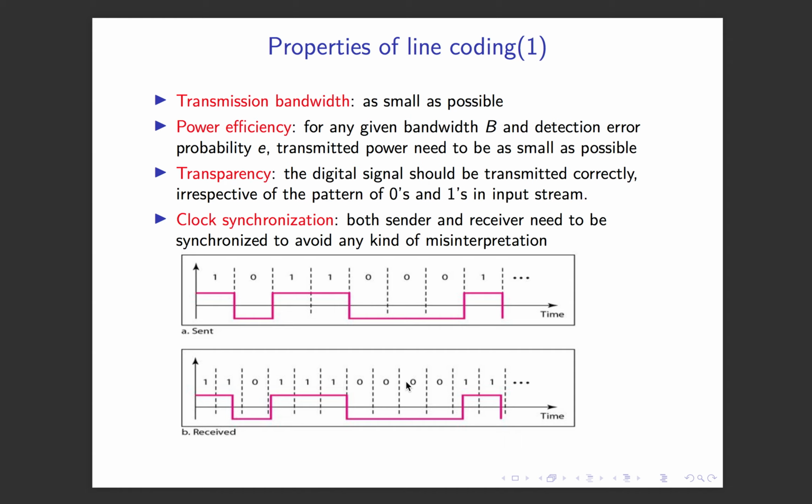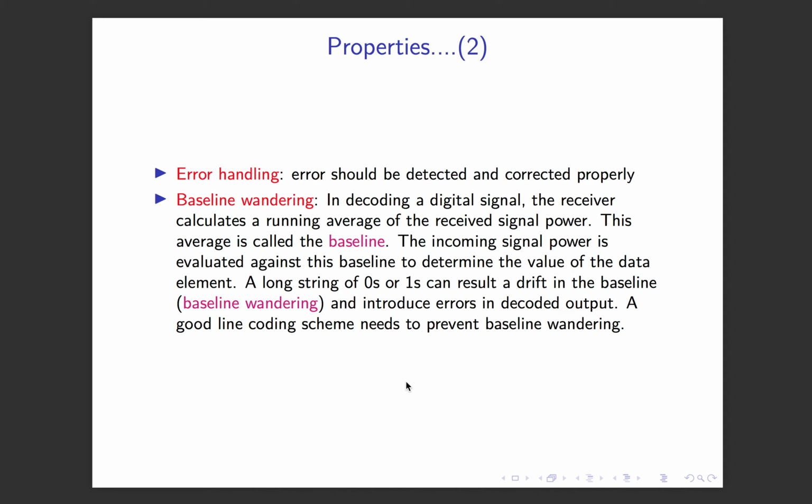Because if there is some mismatch, the data stream sent by the sender will be misinterpreted on the receiver side, and we are going to get an entirely different result which is not intended. So obviously for the design scheme we need some error handling, because in any kind of mechanical system, theoretically there is some probability of error. So we need some error handling schemes to detect the errors as well as possible